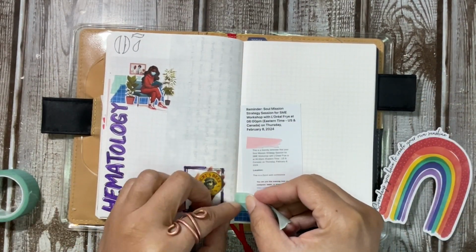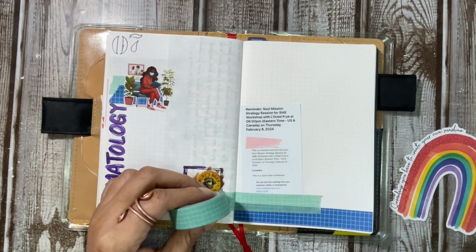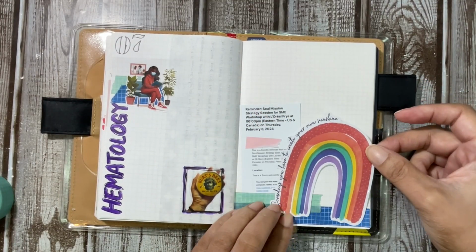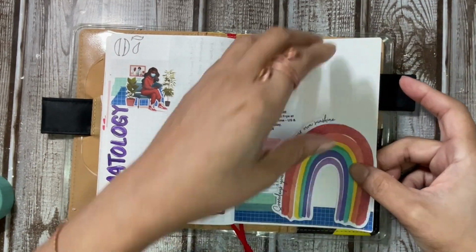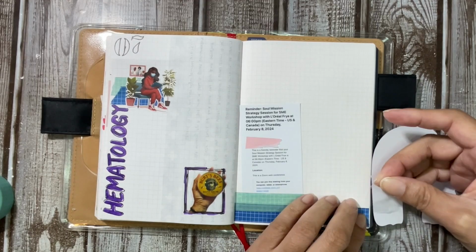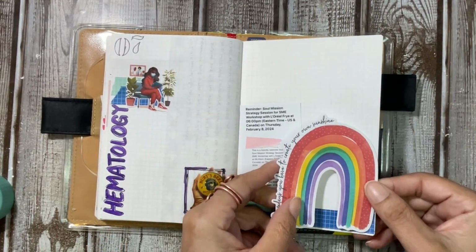And again, I'm trying to use up some more of the stuff that's been in my stash. This rainbow is from a Vicki Boutin collection. I do believe it is the Color Study collection. I actually have a lot of this stuff because I loved it so much. I bought like double copies, and so yeah, here I am trying to make a tip-in with it,